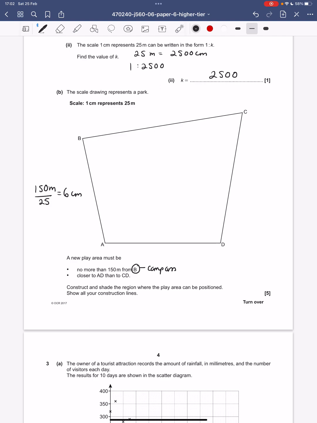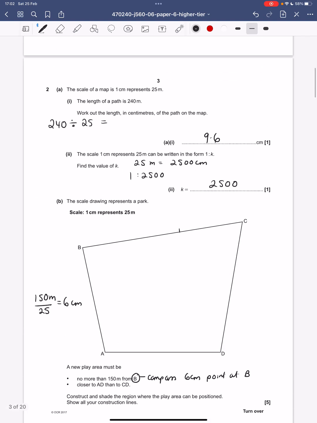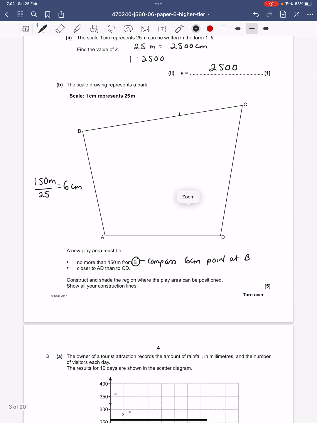6 centimetres. So we need a compass set to 6 centimetres, which is this number divided by this number, and you put the point at B, and then we draw the arc inside the park. You can draw it outside if you like, but it's not very helpful. So 6 centimetres, I've actually got a ruler on top of this now, and it's there and there. Okay, and I've got to draw a part of a circle that connects these here. It might not be exact that, but